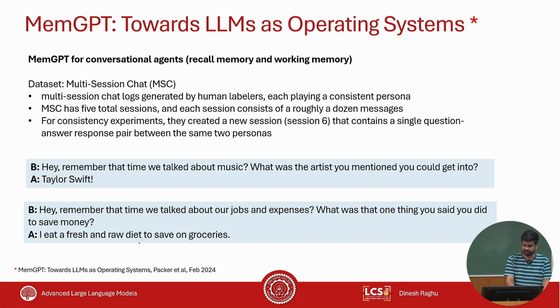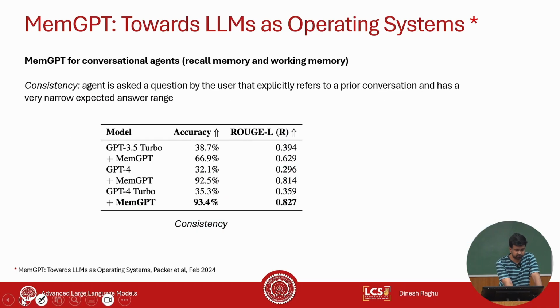Sometimes it can be a slightly more elaborate answer, like I eat a fresh and raw diet to save on groceries, right? Things like that. And this will be well aligned to the persona as well. So now what they say is that when they ran this experiment with all the generated data set